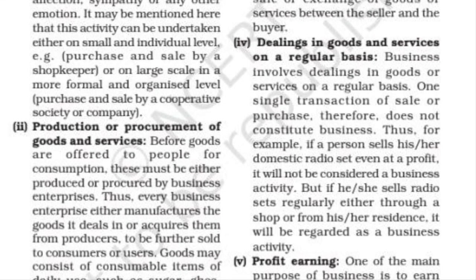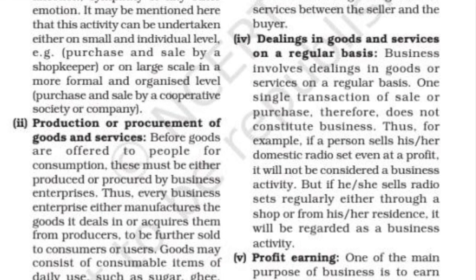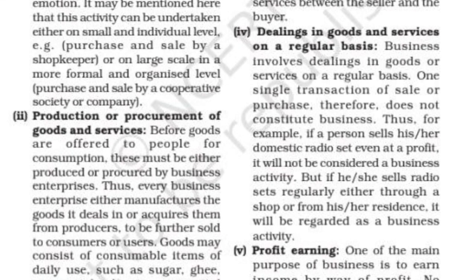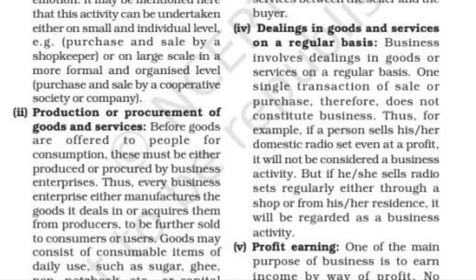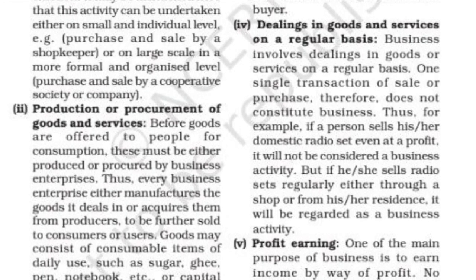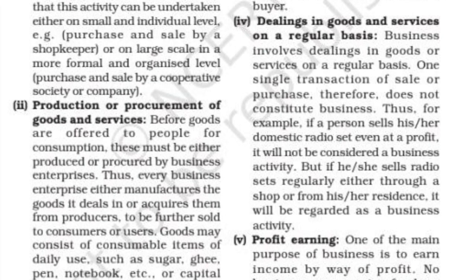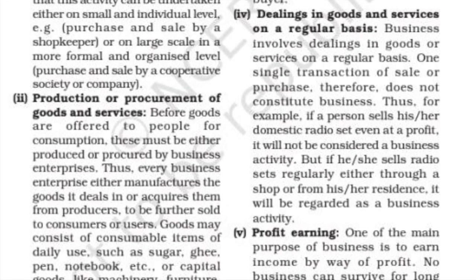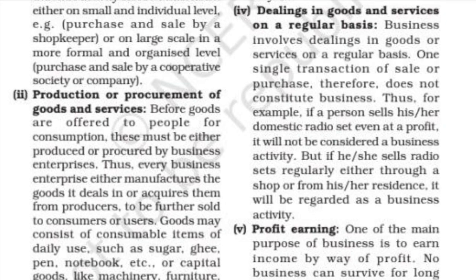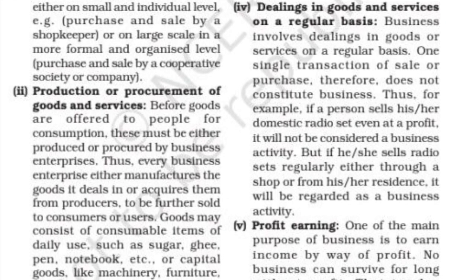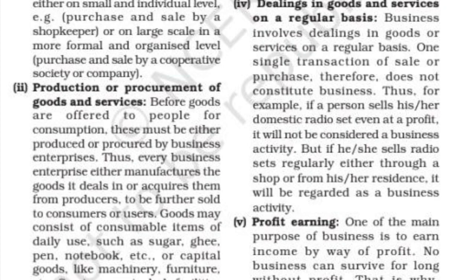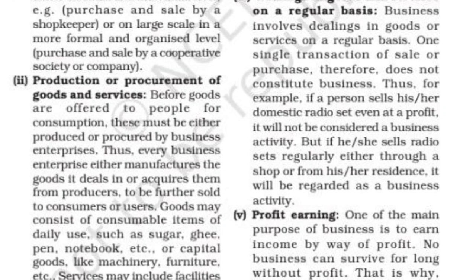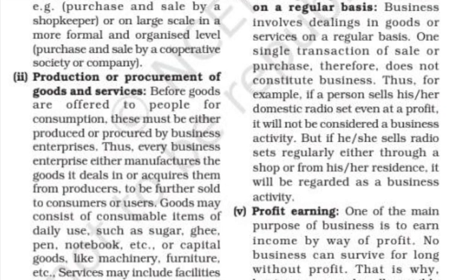Moving on to the next point, it is sale or exchange of goods and services. Very much clear: if there is business, then there will be sale or exchange of goods and services. For example, if somebody is producing goods, he will not keep them in the godown. He will sell those goods to earn profit. If he does not sell, that is not known as business. If he is selling the goods he has produced or procured, then that is part of the business. So business involves sale and exchange of goods and services, right? I think this is also clear.